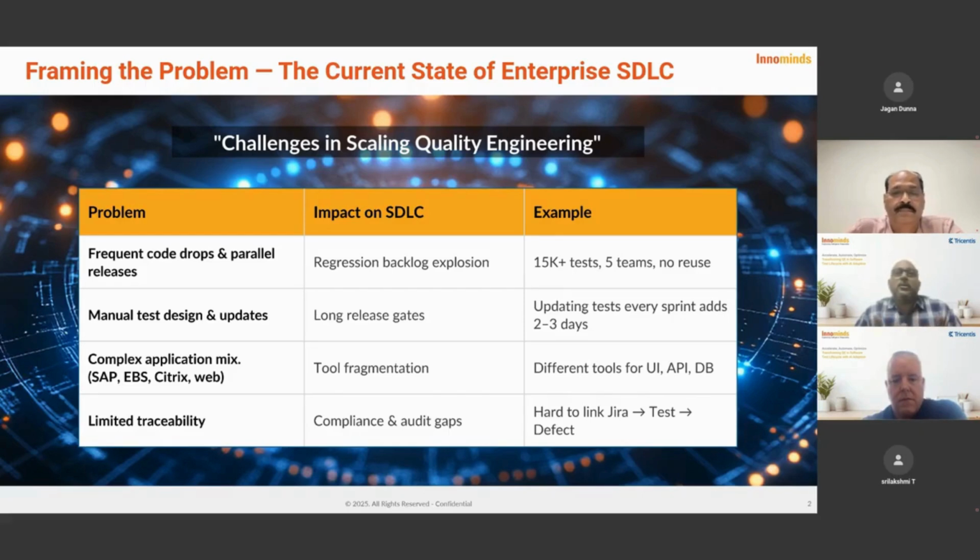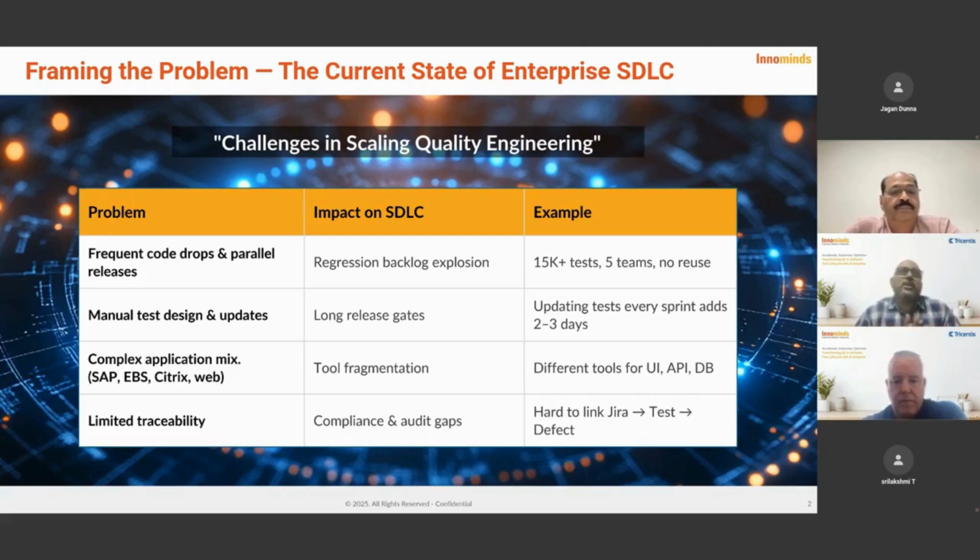And then there is the increasing technology mix, with complex UI and backend frameworks, and complex application landscapes which span from enterprise applications all the way to progressive web apps and so on. And last but not least, how do we do the traceability in these shrunk QE test life cycles?